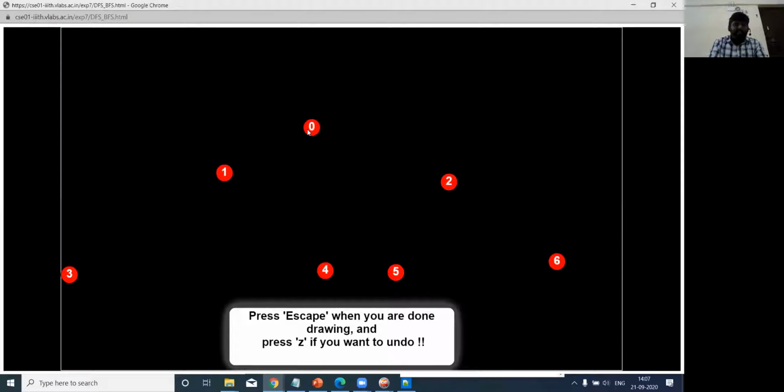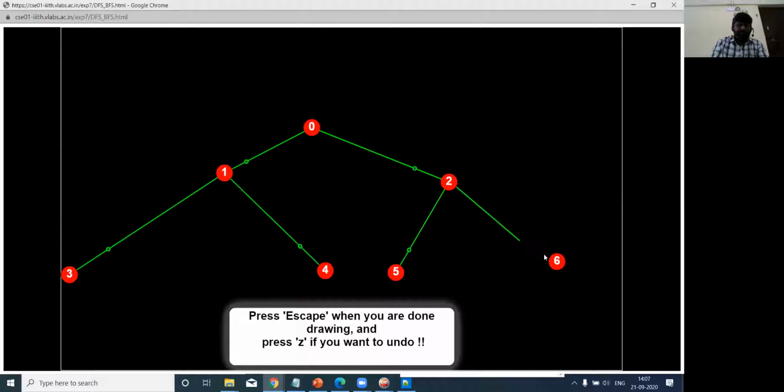Now, next I need to create links, that is, to connect the nodes. So the link has to be created between the nodes. I took a simple example.